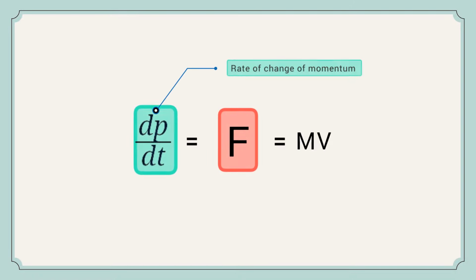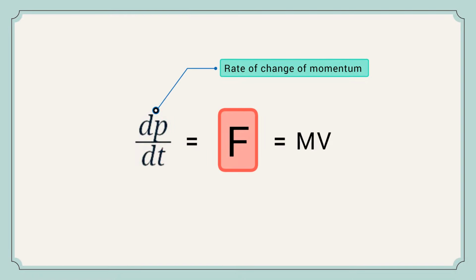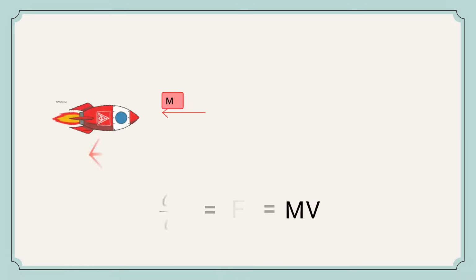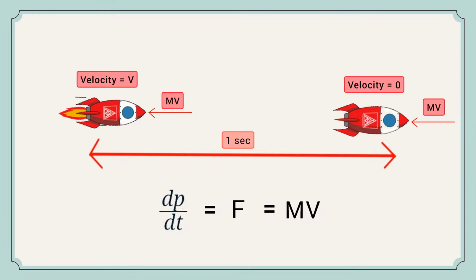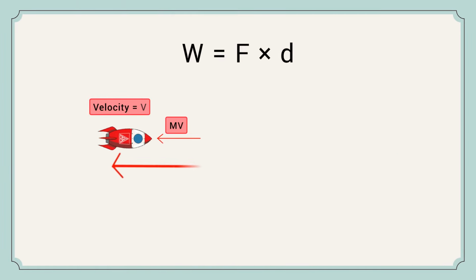Force equals the rate of change of momentum. Here, the rate of change is with respect to time. Therefore, force is the change in momentum per second. So this force decelerates the rocket from velocity v meters per second to 0 meters per second, within this 1 second interval. To compute the work done by the rocket, we need two factors: the opposing force and the rocket's displacement